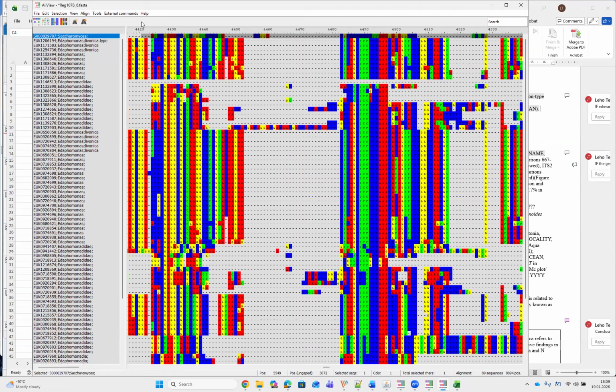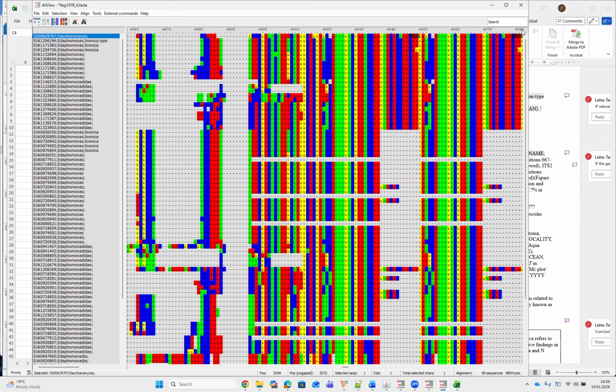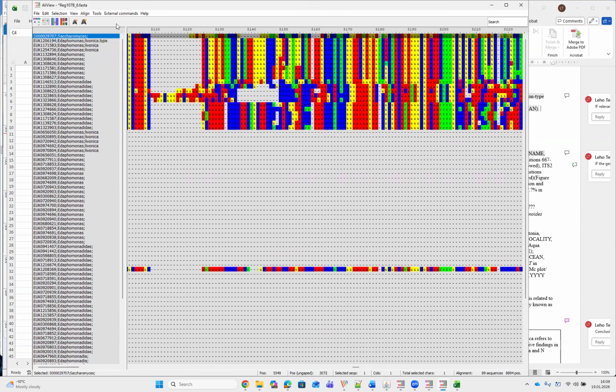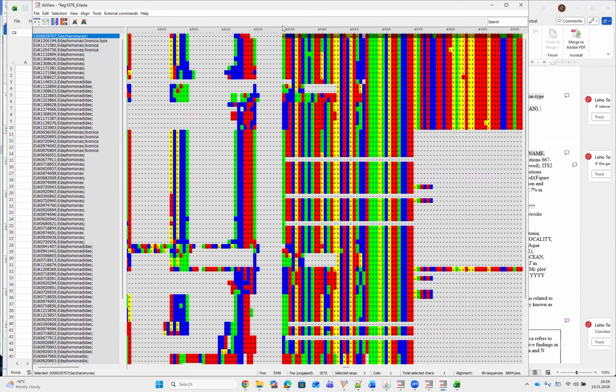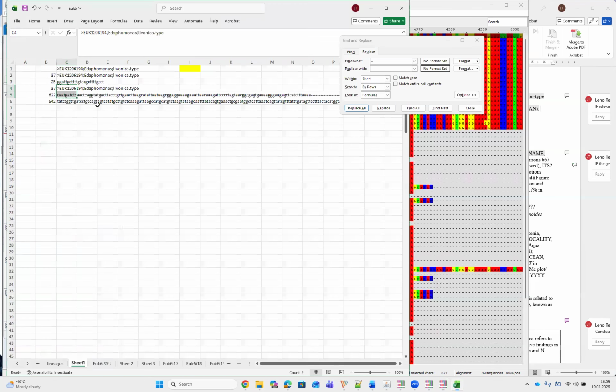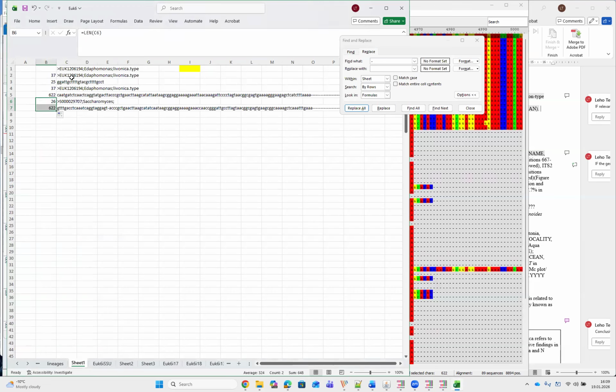Did we go too far? Guess so. Yes. So here, again, replacing all the gaps to 0. And we get confirmation that our mini barcode is 25 nucleotides. The position starts at 542 in type sequence and